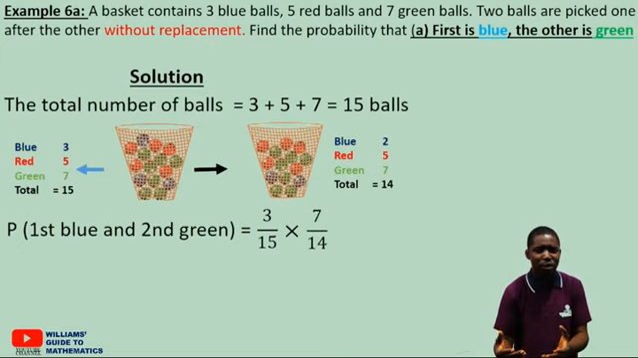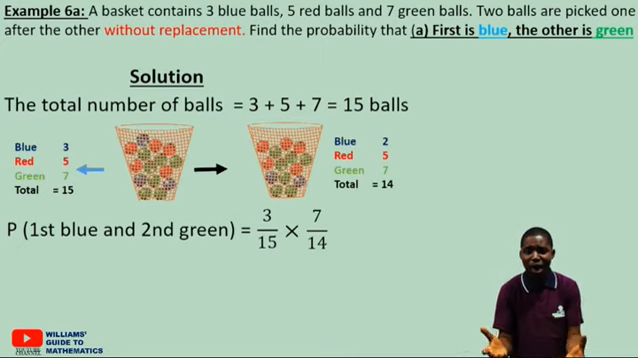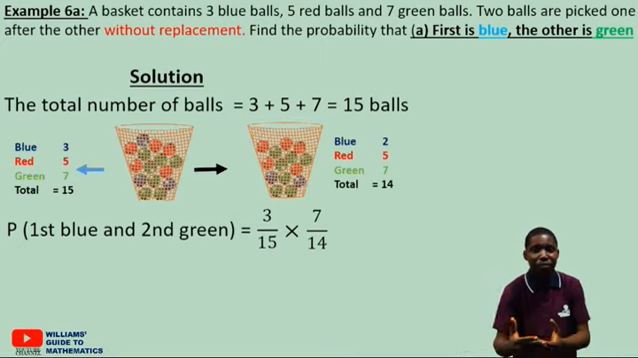Now, what is the total ball? Remember, I have picked a ball earlier, which is a blue ball. So I'm not having 15 balls any longer. I'm having 14 now, because the number of blue that is left is 2. The number of red is still intact because I didn't touch red, it is 5, and the number of green before picking this one is 7. That makes 14. So that is 7 over 14,